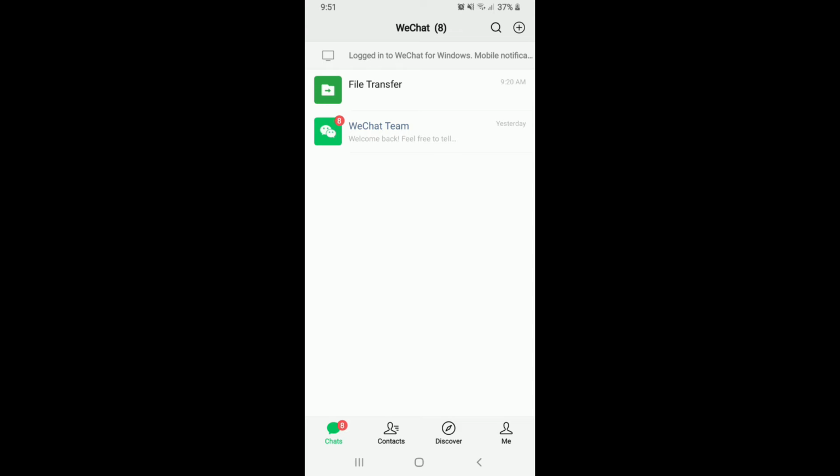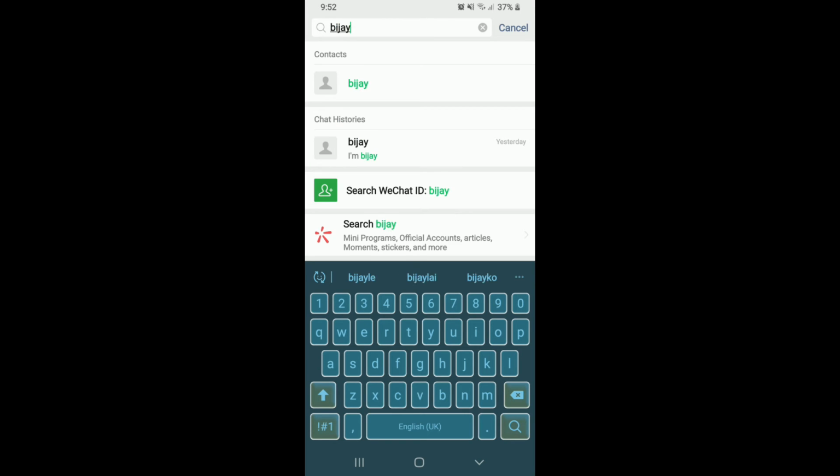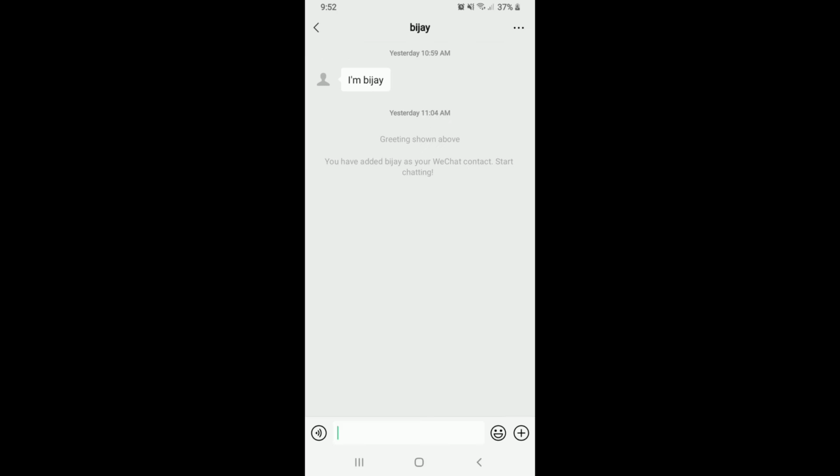There might be some private chats of yours that you'd like to stay hidden in the conversation screen so that no one else will be able to see the chats from your WeChat. Once you've hidden the chat, in order to look for it, go to the search button at the top of the screen, tap it on, and type in the name of the contact that you just hid. Once you type in their name, the search results will appear on the display. Tap on the respective name that you're looking for, and you'll find yourself in the conversation screen